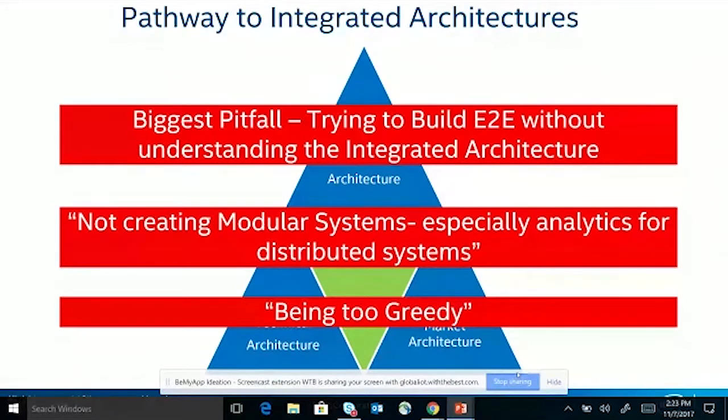So for example, if you develop a fantastic edge device and a fantastic compute platform, putting in technical hooks or business hooks to force it to go to a specific cloud is a